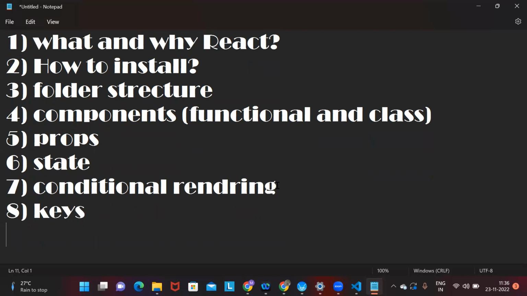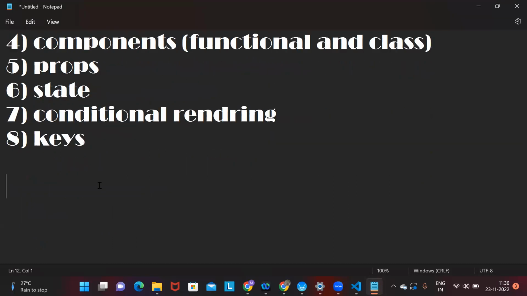So you got understand, right? You got clarity. Any doubts in these 8 topics? I think all 8 topics everybody understand, right? Yes. So let's know today